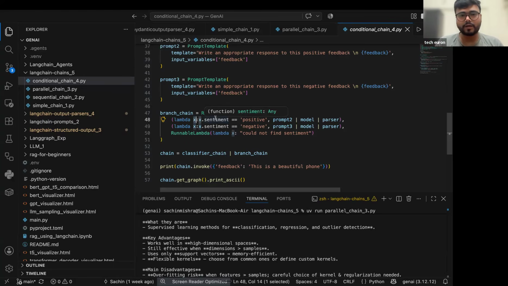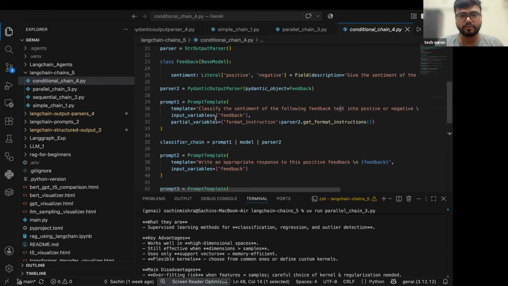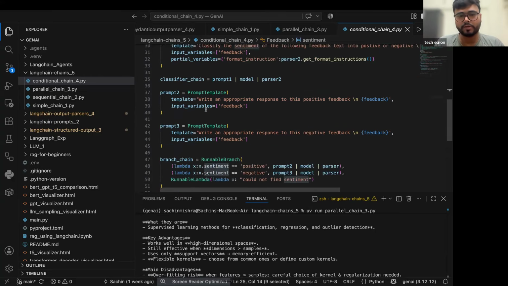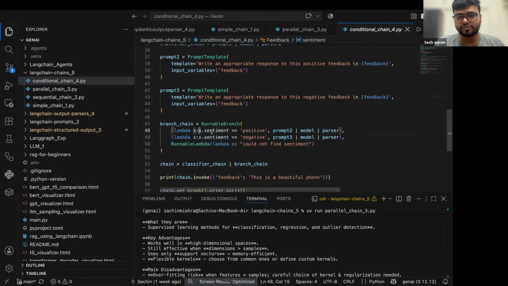So x is nothing but it's going to have this sentiment schema, sentiment key available to it. So I'm extracting that x.sentiment. If it is positive, I'm checking if it is equal to positive, I have to basically run this particular